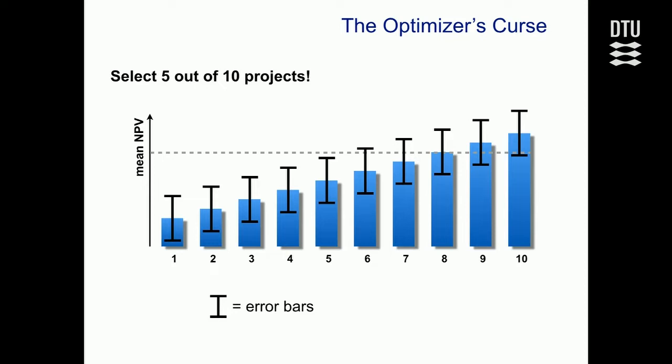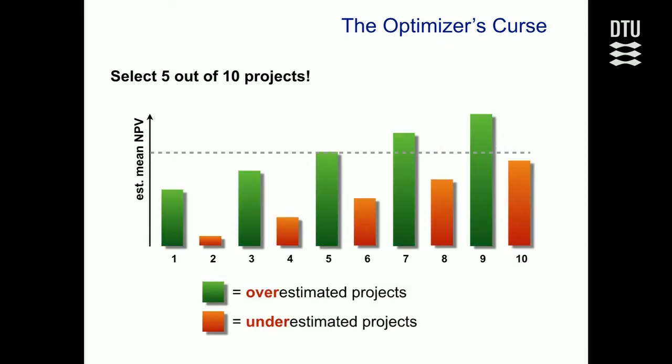Now, just for the sake of argument, let's assume that for half of these projects, we've underestimated the expected net present value, and for the other half, we have overestimated the expected net present value. So let's assume that our estimates look like that. Okay? It's a bit exaggerated. These are huge errors, but just for the sake of argument. So this is not completely unreasonable because this means that on average, the estimation errors cancel out. Right? And this makes sense if you have a large number of projects, then sometimes you're lucky, sometimes you're unlucky, and errors should cancel out roughly.